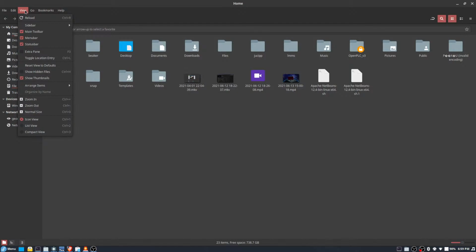Center zone. Determine font size. Always show panel. Yeah, always show panel. Alright, so that's basically how you get the panel size.